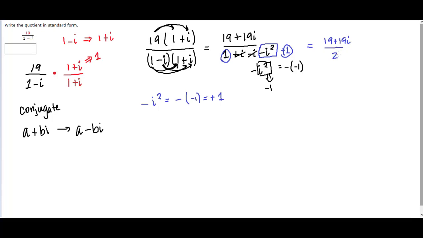Alright, if you enter that into WebAssign, it's going to tell you that's wrong, and that's because we express complex numbers like this over here as a plus bi, a real part and an imaginary part. So we're going to divide this up and say 19 over 2 is my real part, and then my imaginary part is 19i over 2. So you can write this as 19 over 2 with the i out here. You can type the i up in the numerator. Either one of those two will work. And that's how you find the quotient of a complex number.